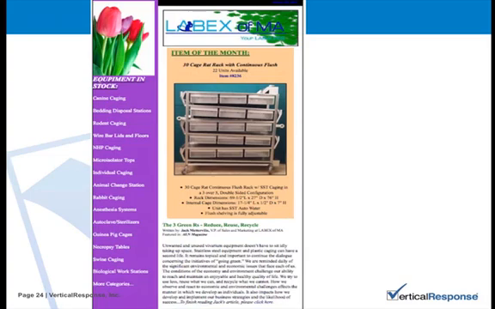I had a really hard time taking a screenshot of this, but they have a great logo at the top of their email, and every month they were making a special logo to go along with whatever was going on in the email. So that was really cute. I really liked what they were doing with their logo. They have lots of links in their email. They might have too many links on the left-hand side, but there's a lot of links in the email. So they're doing a great job making sure their recipients can get to their website when they need to.